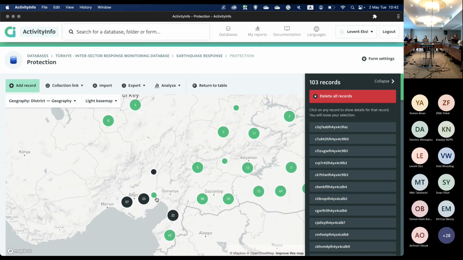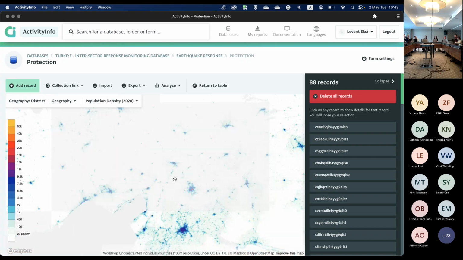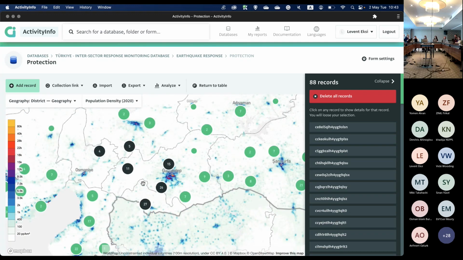And this can be generated with other information. So this is a very simple reporting. You can change the base map, the different ones. You can use a density map with the population coming from the Turk stats, etc. Or you can use something else. Let me go back to protection